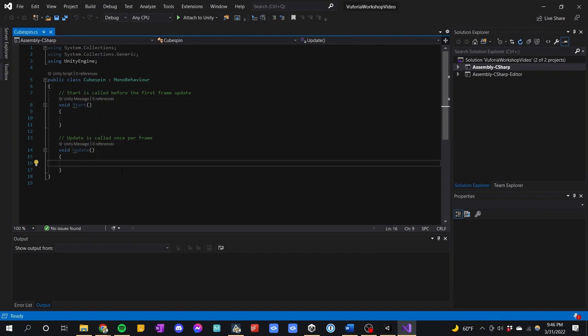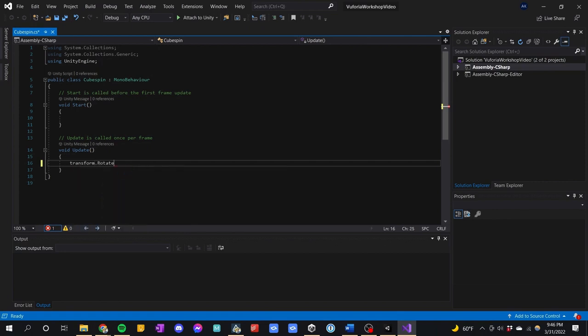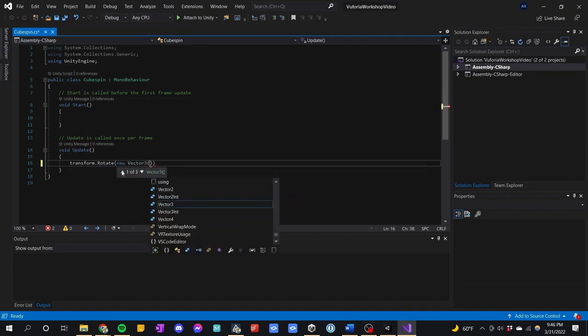The transform is what defines how the cube is positioned in space. So I'm going to type lowercase transform dot rotate, and rotate asks you to transform it by a vector. So we need to make a vector. So I'm going to say new Vector3, and now we need to